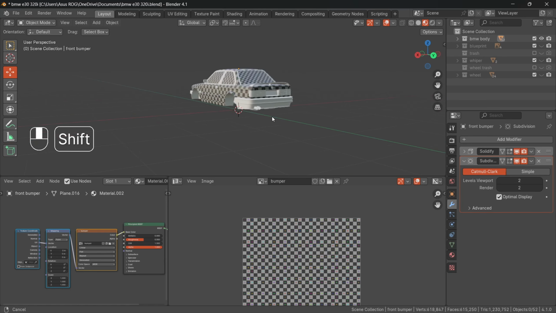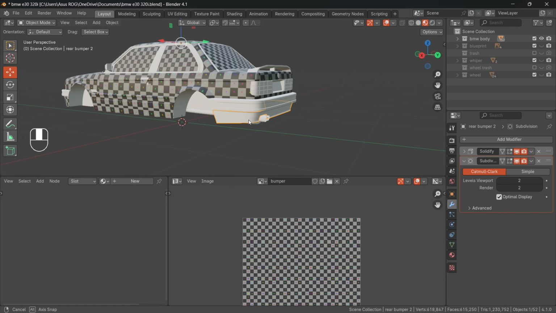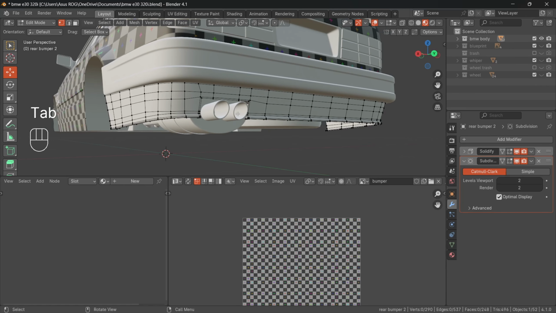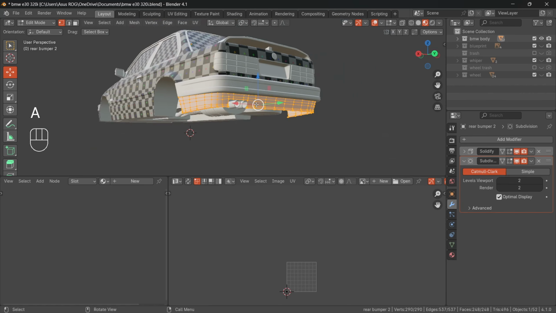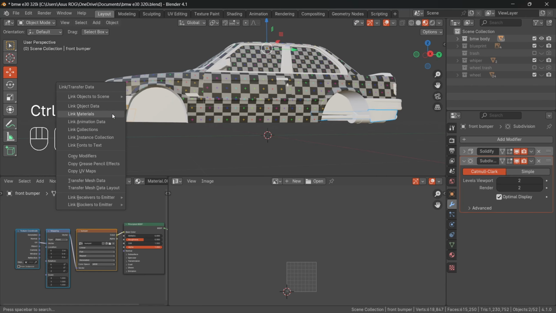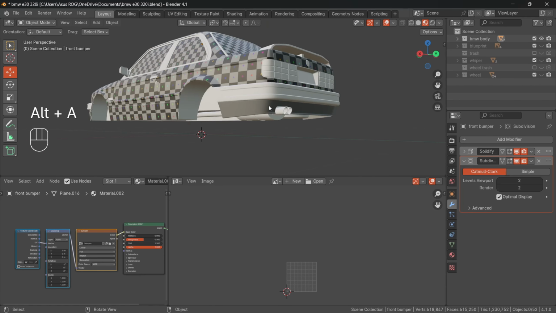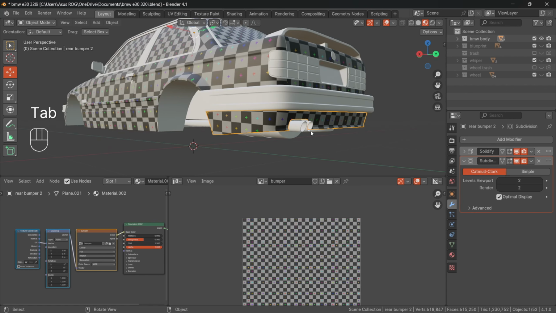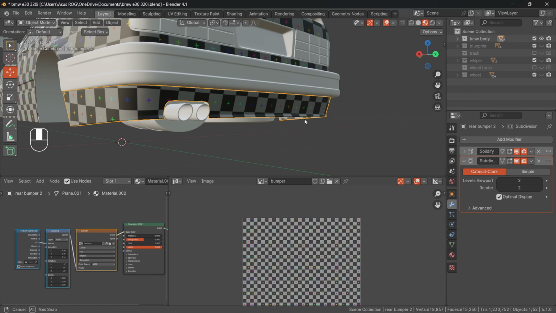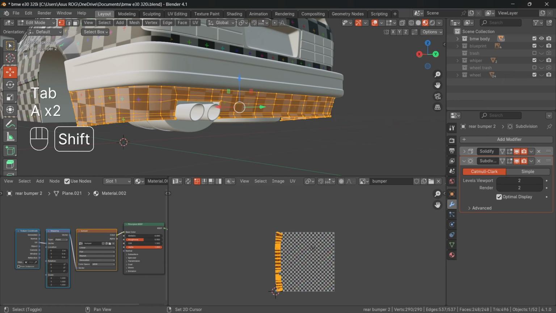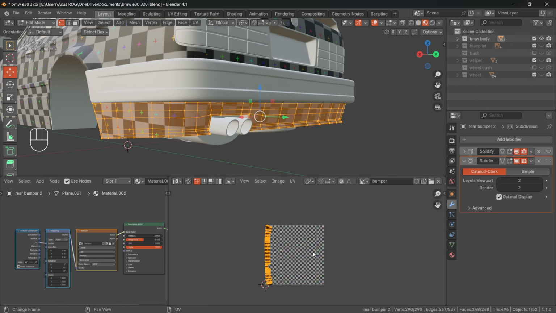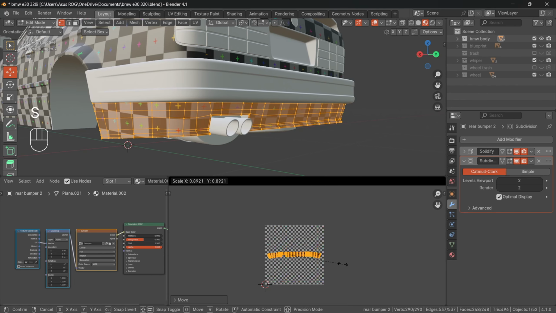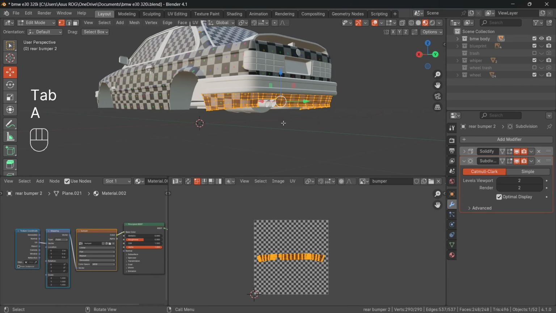So let us deal with the rear bumper also. So let us select the rear bumper. I think this one is pretty easy to do. So we can just select everything like this, and hold on, let me link the material. Link material, and then select everything, you unwrap. But we're having some slant mess, so all I'll just do is RY90, rotate it this way like this. So let me scale it down. Let me just scale it up,